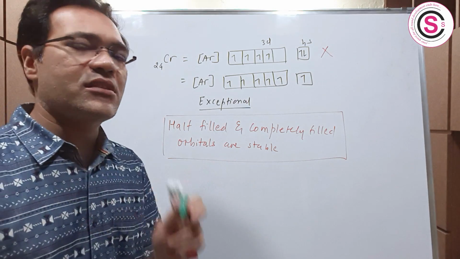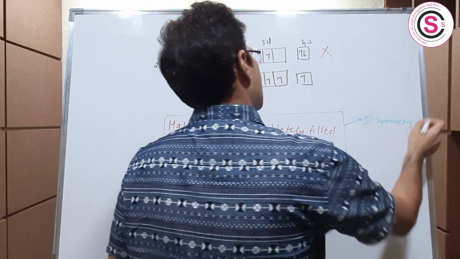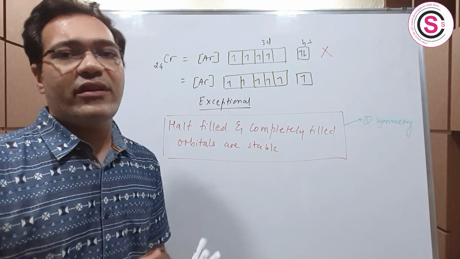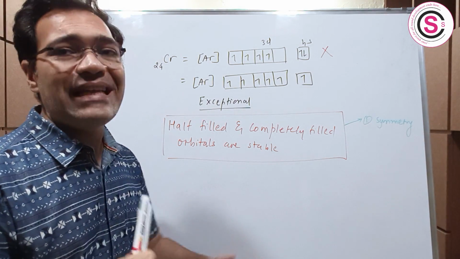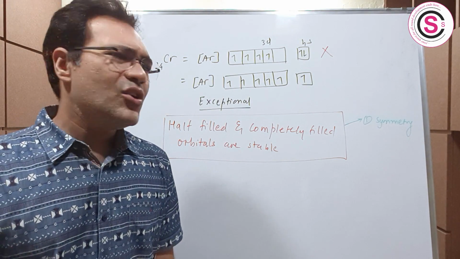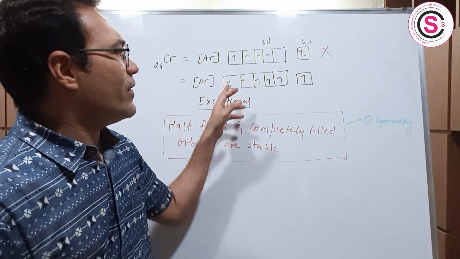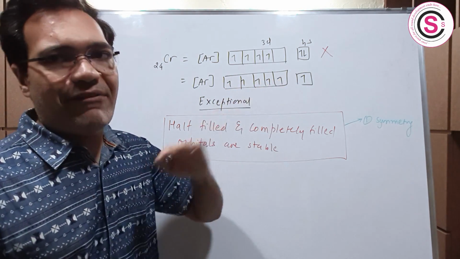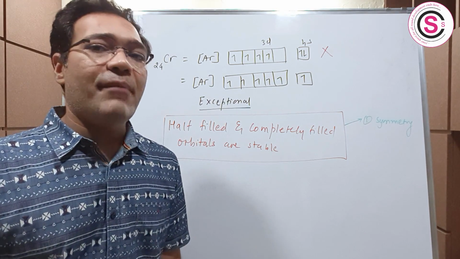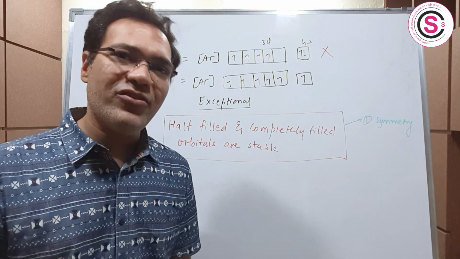Now, students, there are two reasons for this. The first is symmetry. Students, a half filled orbital or completely filled orbital will have the element of symmetry in it. So because of being symmetrical, their energy will decrease and hence the stability will increase, right? So symmetry is such a beautiful thing. Okay, and because of this symmetry, what will happen? See here, each d orbital will have equal charge, and as a result they will tend to remain as far away from each other as possible, and because of that, the repulsion between the electrons decreases and hence the stability increases.